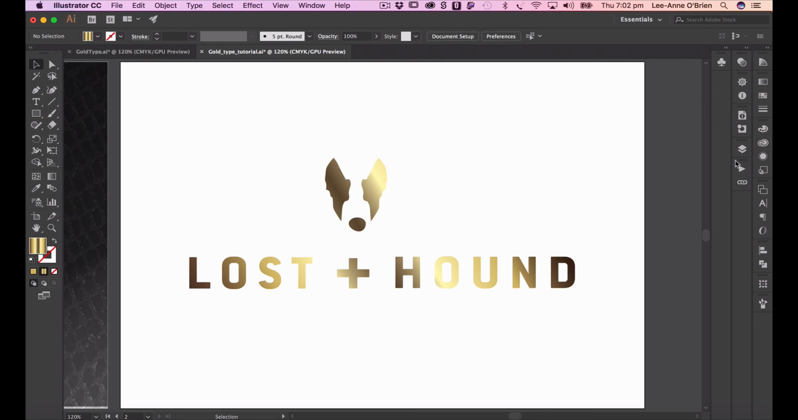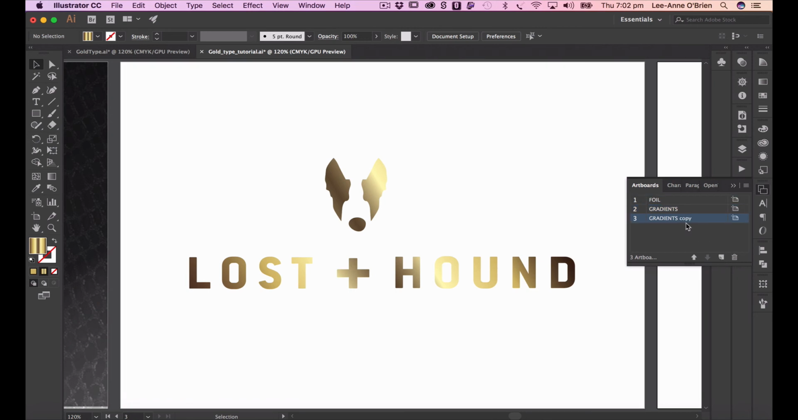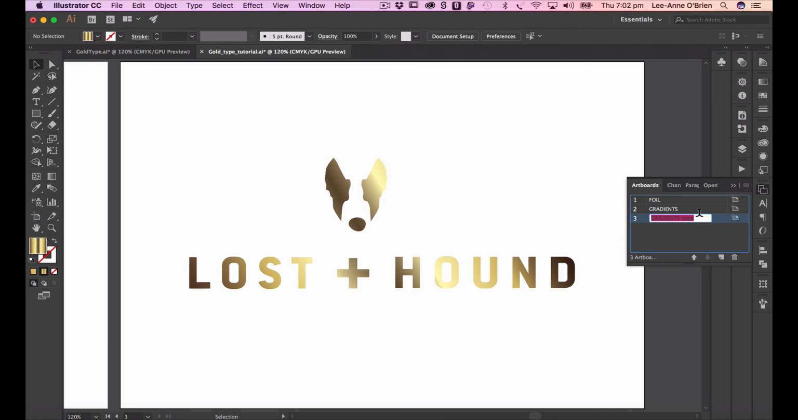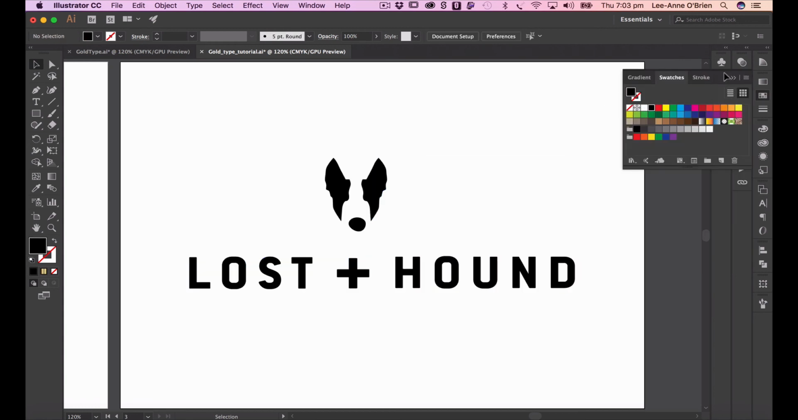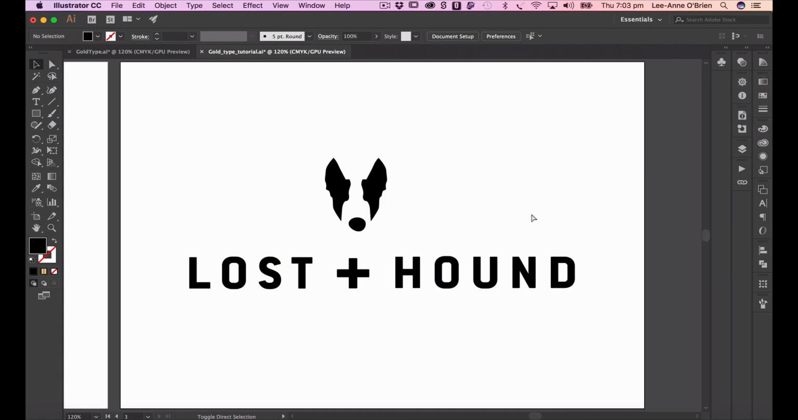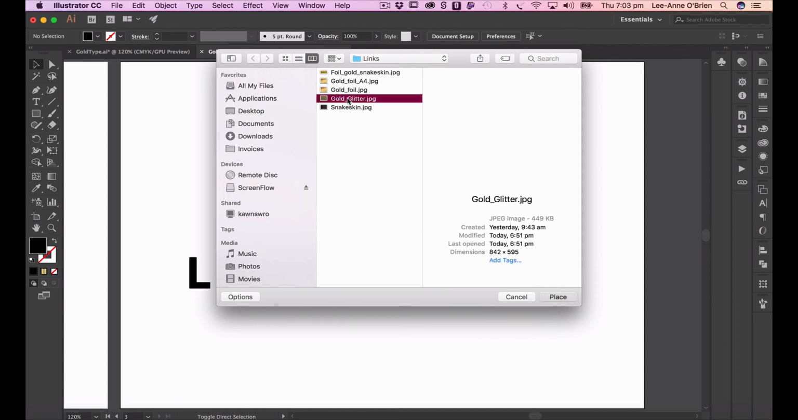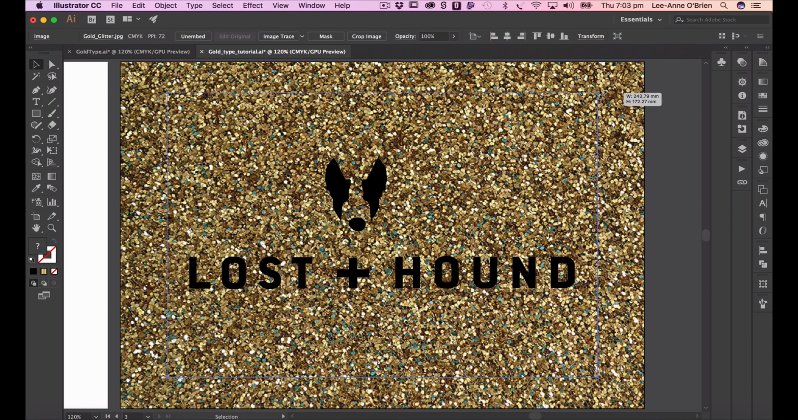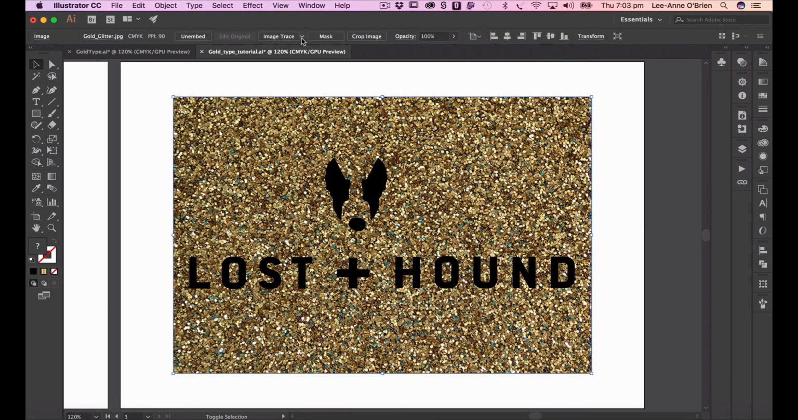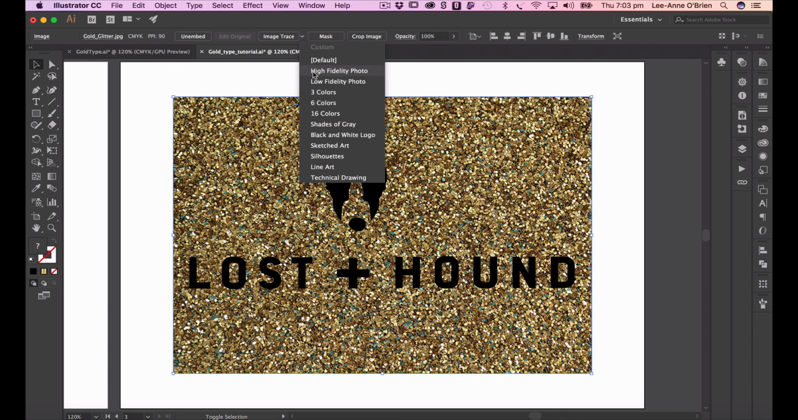The last method we're going to do is creating a vector glitter logo. So I'm going to create a glitter. Select your logo again, and we can just make it black again. I'm going to place my glitter image that I have here. Send it behind. And what we're going to do is just scale it down just a little bit. And then we're going to use Image Trace, High Fidelity Photo,